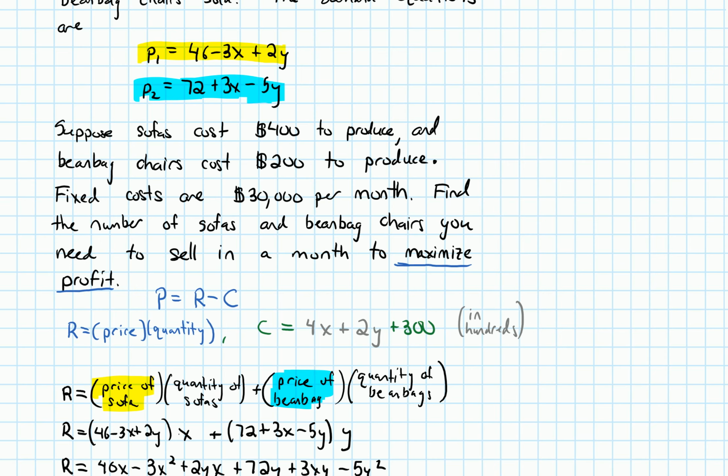So recall that the fixed costs are the costs when the quantities of the items that have been sold are 0. Sorry, another way to say that is the fixed costs are the costs that we have even when we've sold no items. So when X and Y are both equal to 0, the cost, C, must be